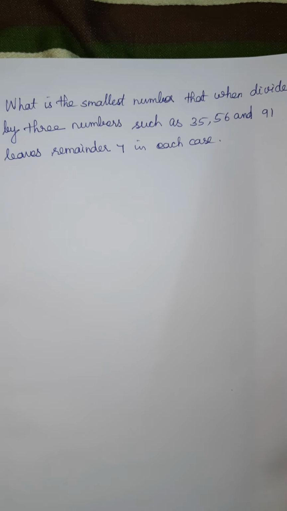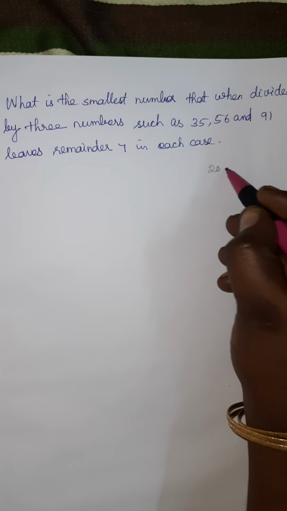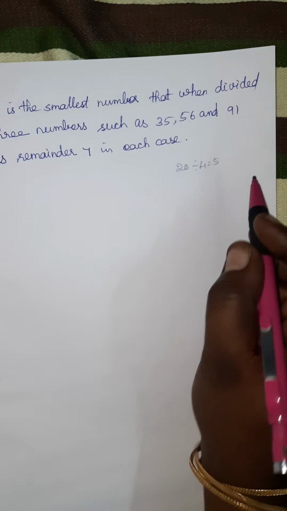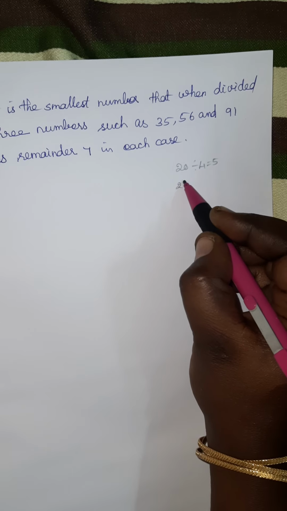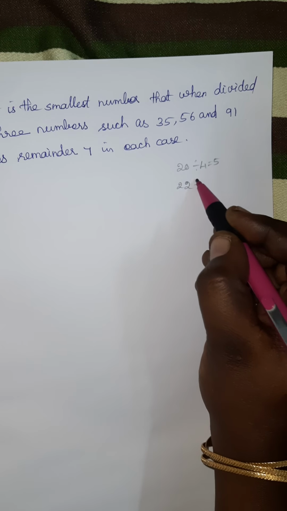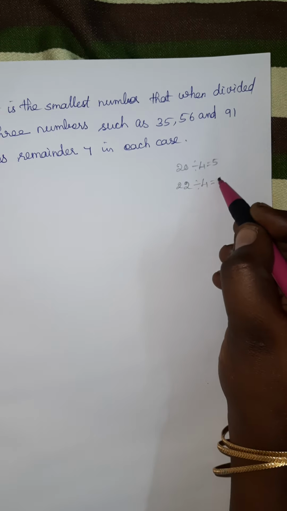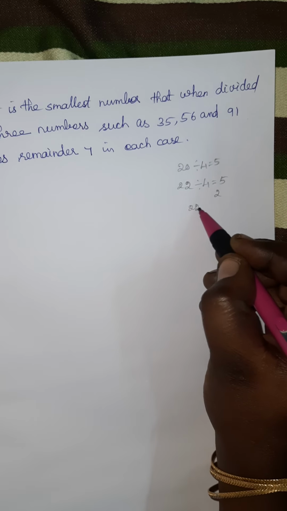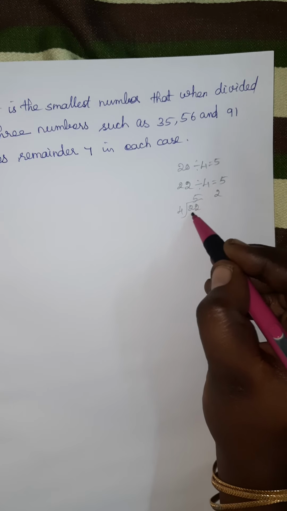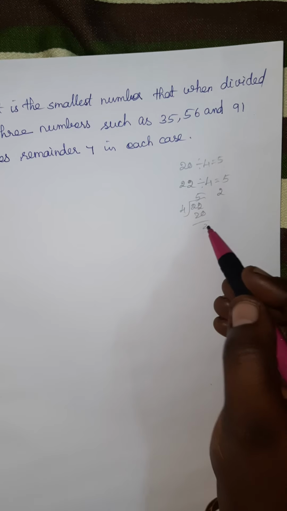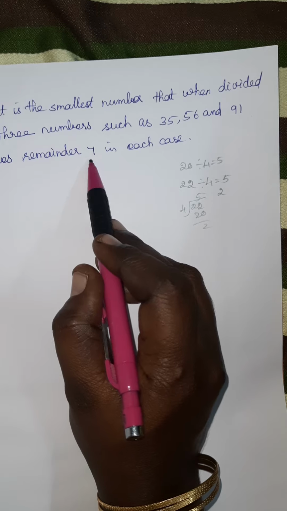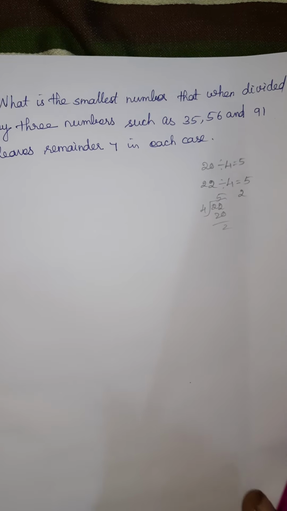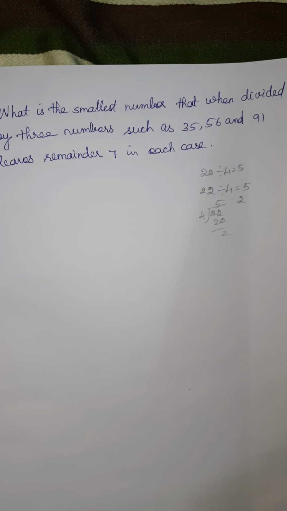Okay. See, this 20 is divisible by 4. You know the quotient is 5, remainder 0. If you add 2, when you divide by 4, you will get the quotient 5 with the remainder 2. Is it 22 divided by 4? 5 fours are 20, remainder 2. The same way, if you add this number, you will get the same number as a remainder. Okay, so find the LCM of these three numbers. It is the procedure. Are you clear?